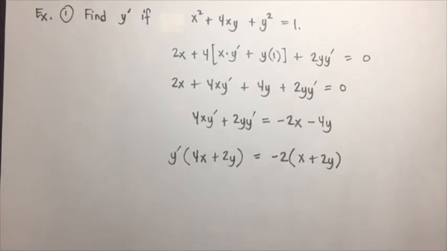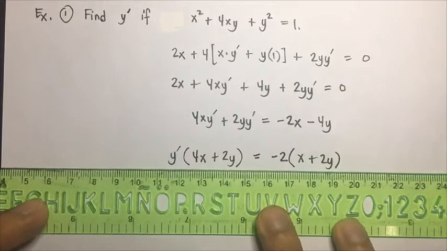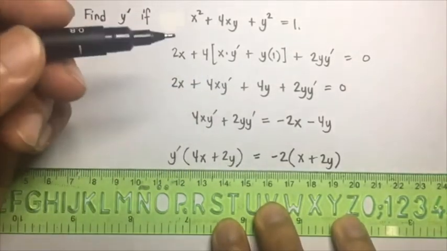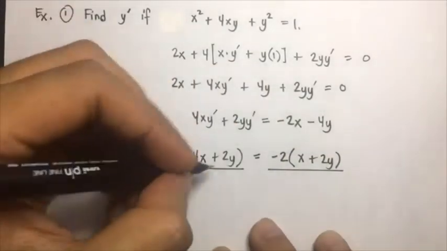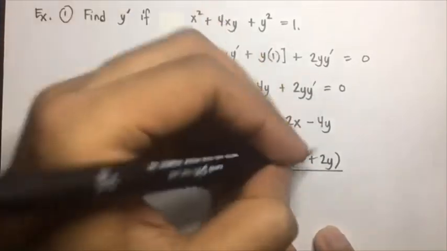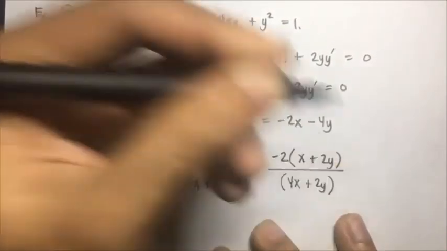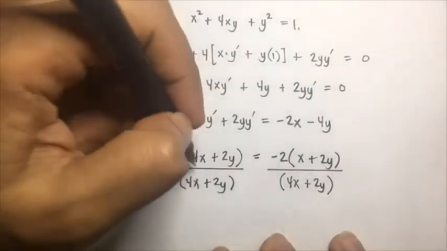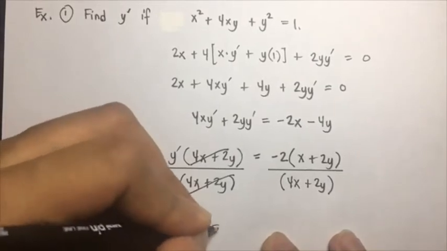Okay, so the next thing to do, eliminate the coefficient of y prime by dividing both sides of the equation by 4x plus 2y. So divide this by 4x plus 2y, and on the other side divide it also by 4x plus 2y. Okay, so this will be cancelled, so therefore y prime is equal to,